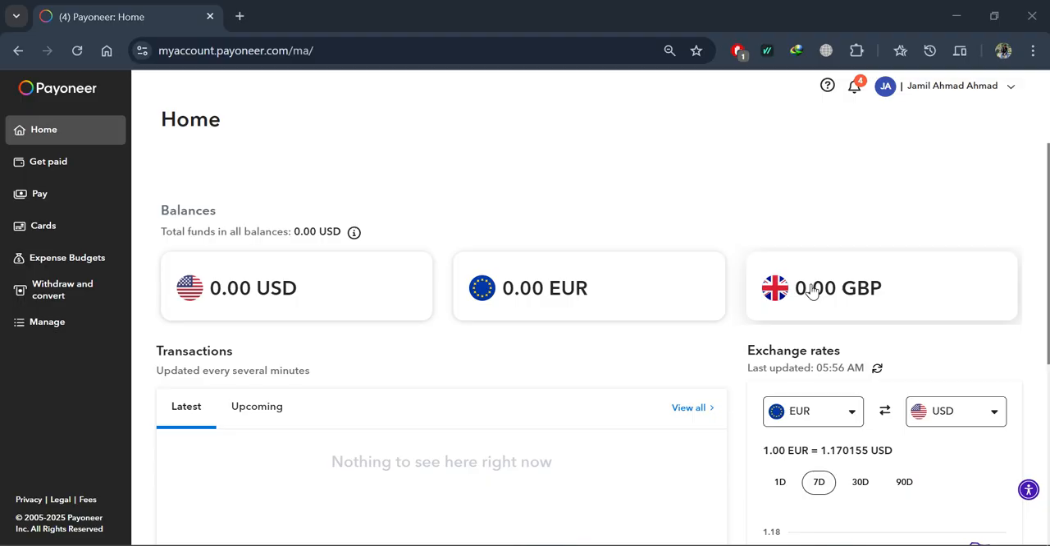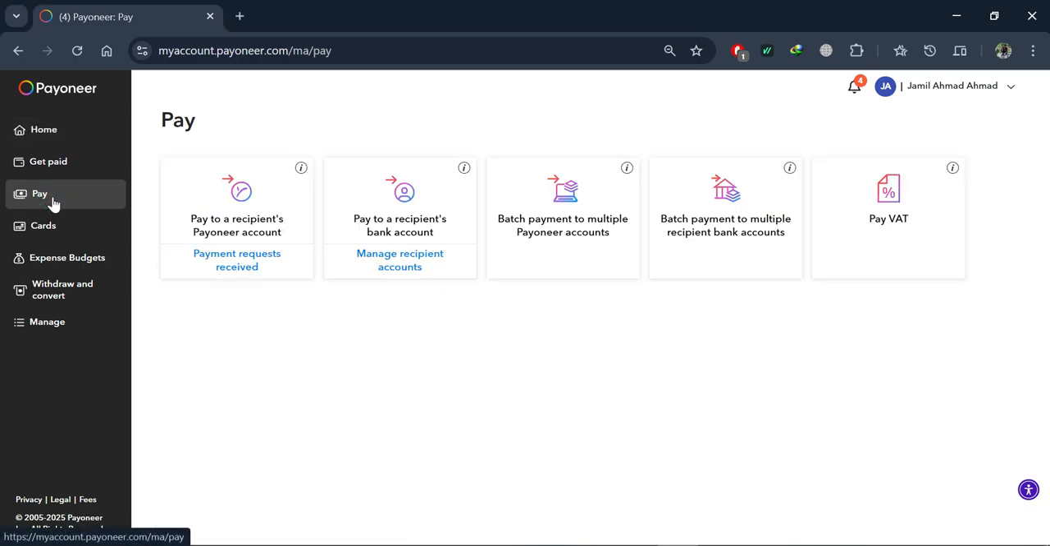So if you want to send payments to anyone who has a Pioneer account, you have to click on this Pioneer. Okay, so the application of Pioneer is also available on the Play Store as well as on the App Store. Okay, so you have the options: pay to recipient if they have a Pioneer account, pay to recipient's bank account, payment to multiple Pioneer accounts, and payment to multiple recipient bank accounts. So for right now, let's see if we want to send the payments to a recipient's Pioneer account,